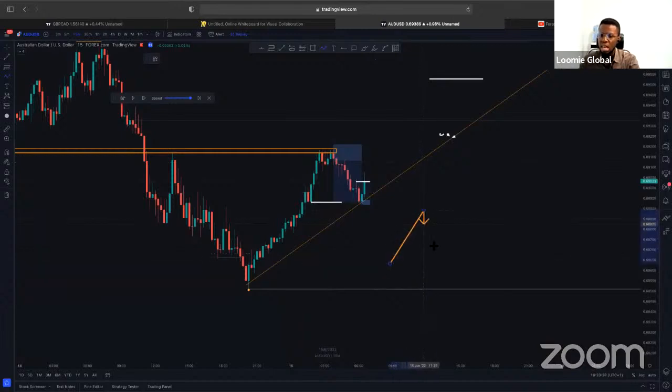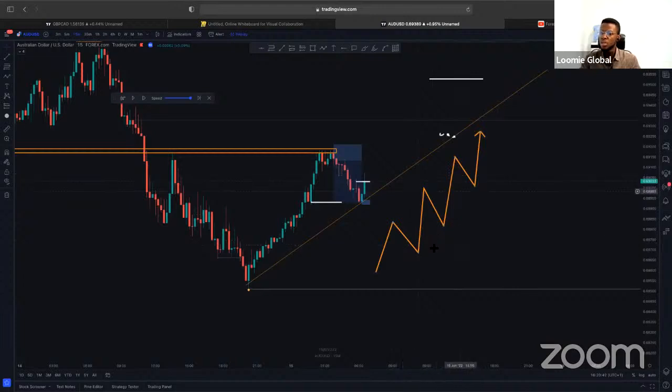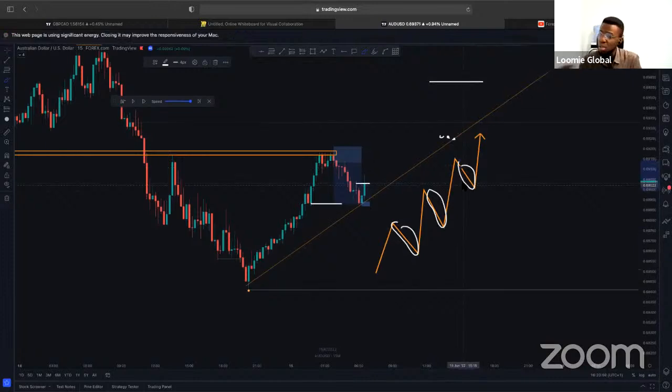Remember, I told you guys that even if price, sorry, I drew that wrongly. Let me just draw it again. Even if price is bullish, we will have periods of bearishness within that price movement, because price never just moves in a straight line. So if you know what you are doing and you are trained enough, you can still catch even a sell within a buy. So all of these retracements, I know a bunch of people who trade only retracements because that is what they're good at, right?